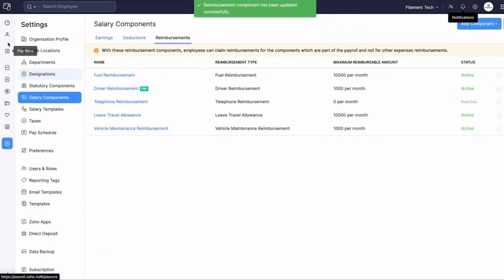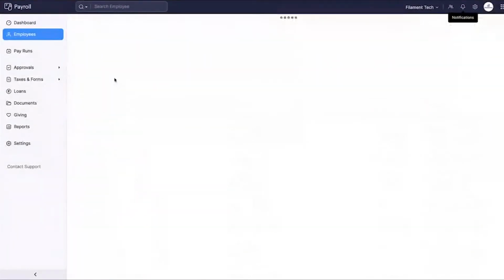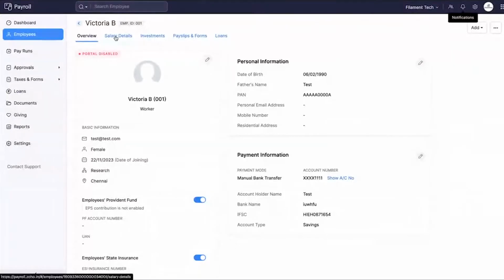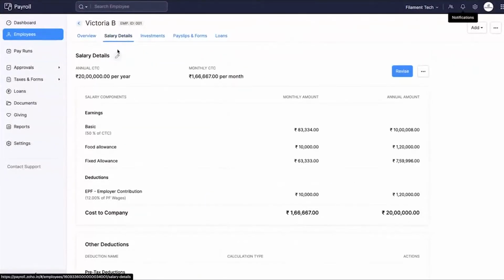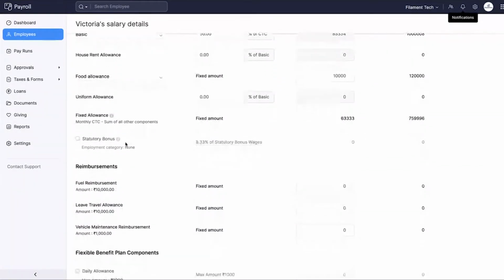Once the component is active, you'll have to go down to the employees module again and click on any one of your employees and go to the salary details page. Right next to salary details, you will have the edit option. Just click on that, and if you scroll down a bit, you will see the leave travel allowance component being shown here. If you want to associate this component to this particular employee, all you have to do is